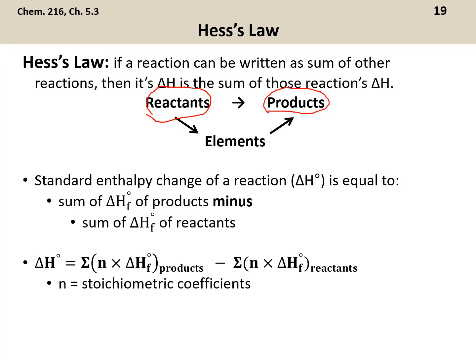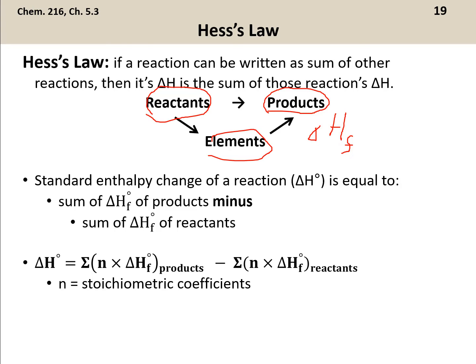Well, what if I figure out the delta H to take these reactants and turn them all into just elements, and then somehow I took all those elements and I put them back into products, right? This would be using delta HFs, right? Heats of formation or enthalpies of formation, okay? So